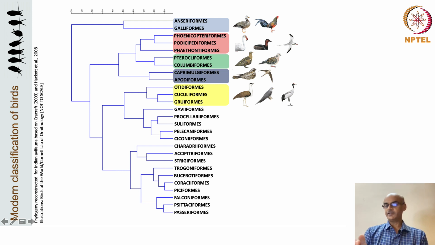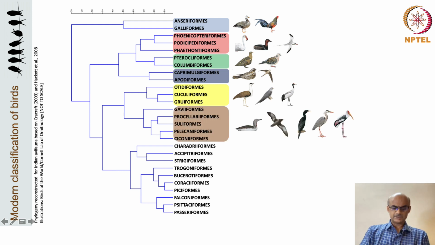For example, the great Indian bustard, of which the picture is shown here, is an iconic species of India, now confined only to northwestern Indian desert and semi-arid tracts. There are only about 120 individuals that live today. And cuckoos are canopy living birds which are known for their brood parasitic behavior and have been much celebrated in our mythology and literature.